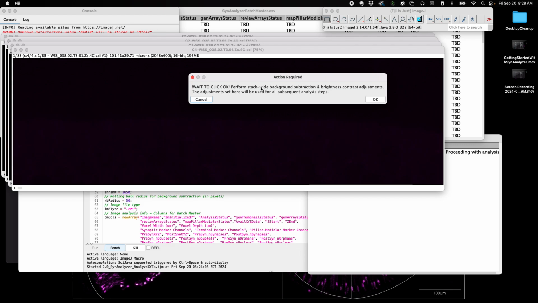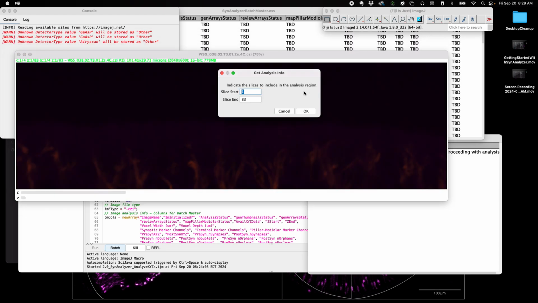Then you're going to get another instruction that's going to say you want to adjust the brightness contrast in each of these channels. When you do this brightness contrast adjustment, the whole purpose is to get the dynamic range of the display set to what looks best on your computer, because those settings are going to be used for all of the max projections later on. So you have to do this channel by channel, and it has to be manual. So we're going to say OK, and then,